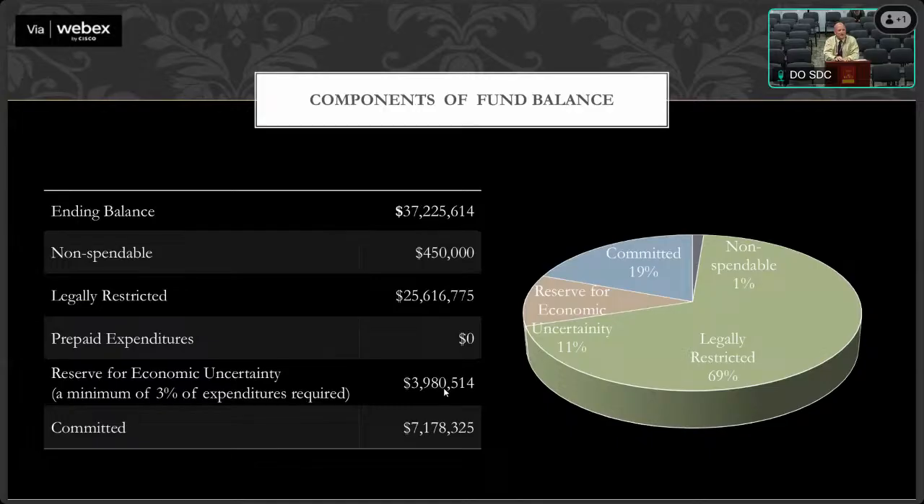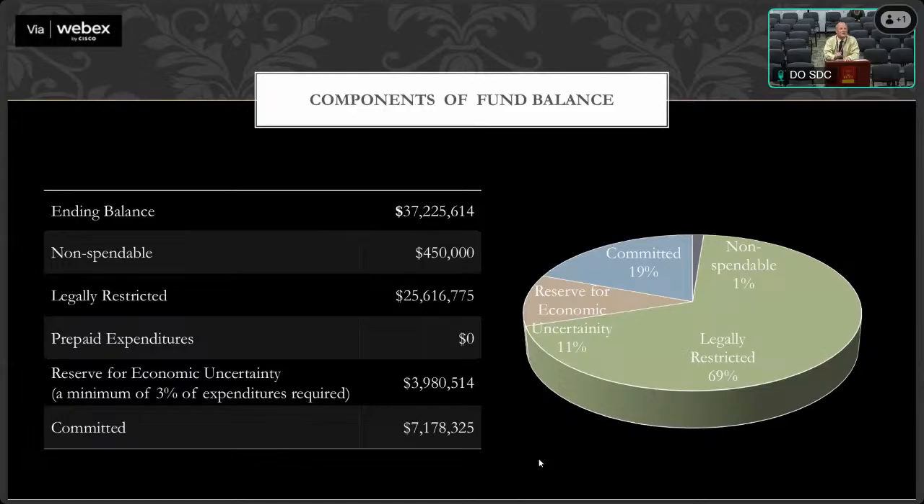We have our reserve for economic uncertainty. We're required by state law to hold back 3% just in case the budget doesn't come in like they're thinking, or other catastrophes or what have you. So that requirement is $3,980,514. And then our committed balance, which includes our $5.4 million that we also saved, that we moved from Fund 17 into our committed, is also sitting in there. So that's our